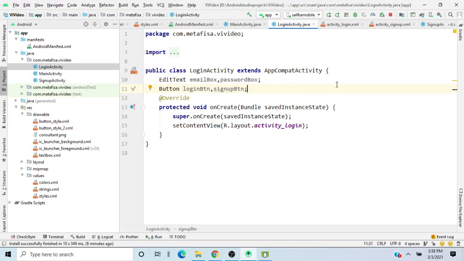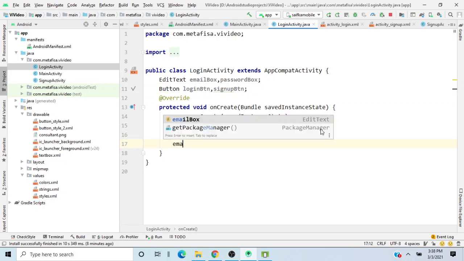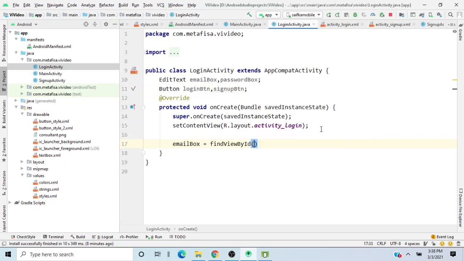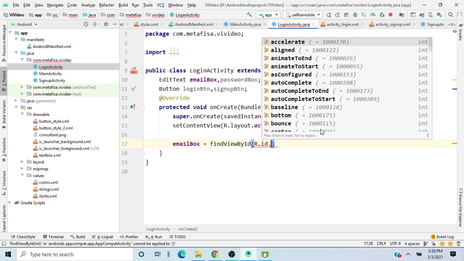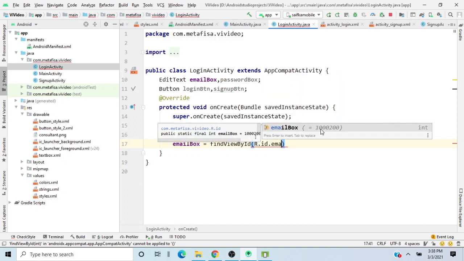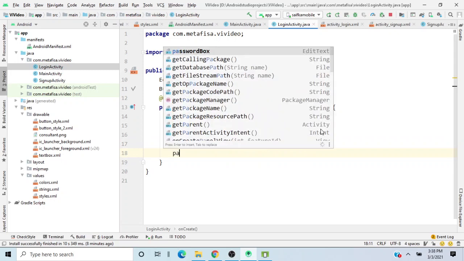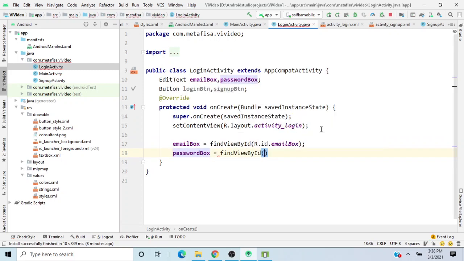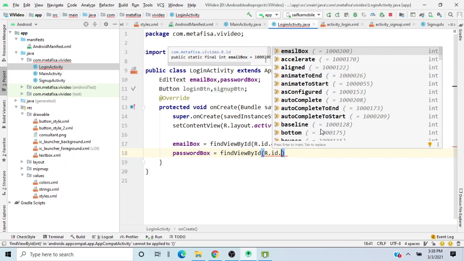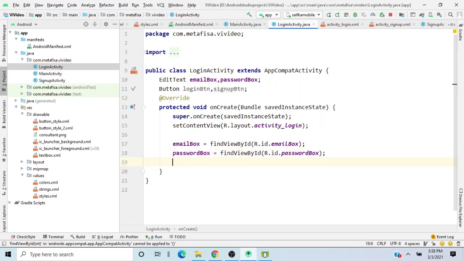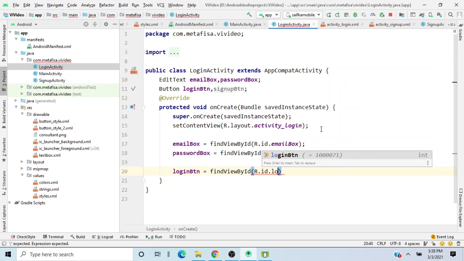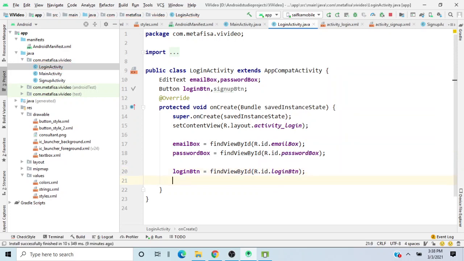Yeah. So over here, after doing that, we will have to write email box is equals to find view by id r dot id dot email box, and we will also write password box is equals to find view by id r dot id dot password box, and after that I'll write a login button is equals to find view by id r dot id dot login button, and over here I'll write sign up button as well, and I'll write find view by id r dot id dot